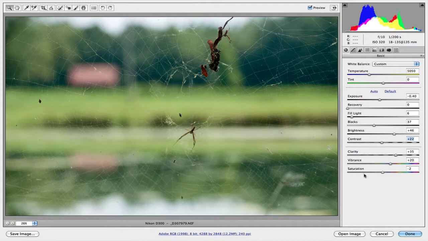Alright, we're down to our last 3 adjustment sliders. The 3 that we have here, we have clarity, we have vibrance, and saturation. These all work with contrast. Clarity works with the contrast between colors. Vibrance works with the difference between